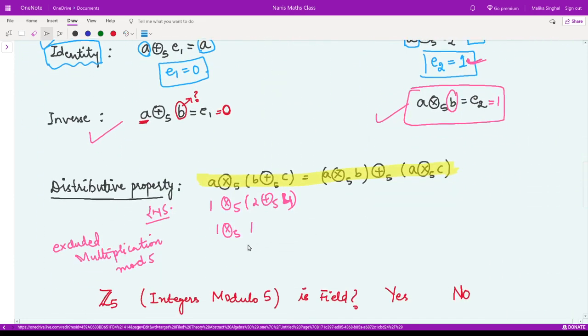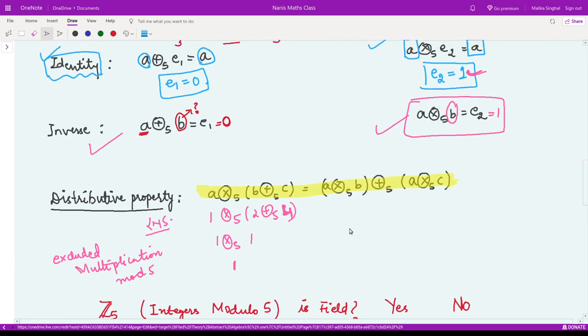Yes, so the left hand side is equal to 1. Let us see the right hand side. The right hand side, we should check whether 1 multiplication mod 5 2, then addition mod 5 this 1 multiplication mod 5 4, whether this is also equal to 1 or not.